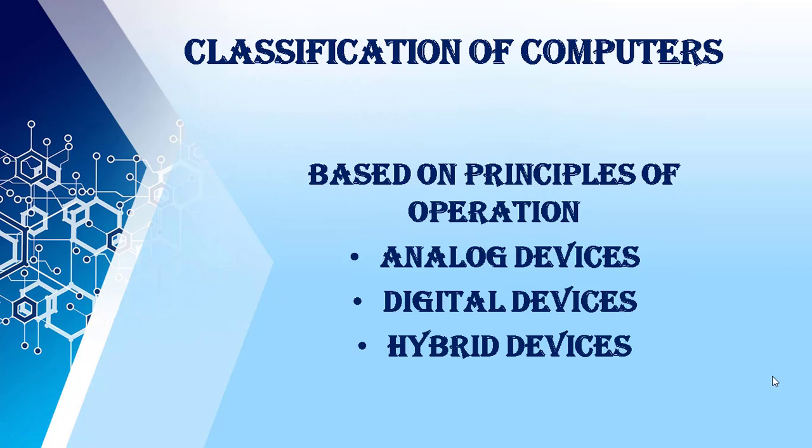The next type of computer is the hybrid computer. They have the features of both analog as well as digital computers. For example, hybrid computers are used in hospitals to check patients' heartbeat, blood pressure and temperature in an analog manner, and the operations are done in a digital manner to monitor the patient's condition. So these types of devices have the features of both analog and digital computers. So we have studied three types: analog, digital, and hybrid. In place of devices we can use computer, or we can use device.